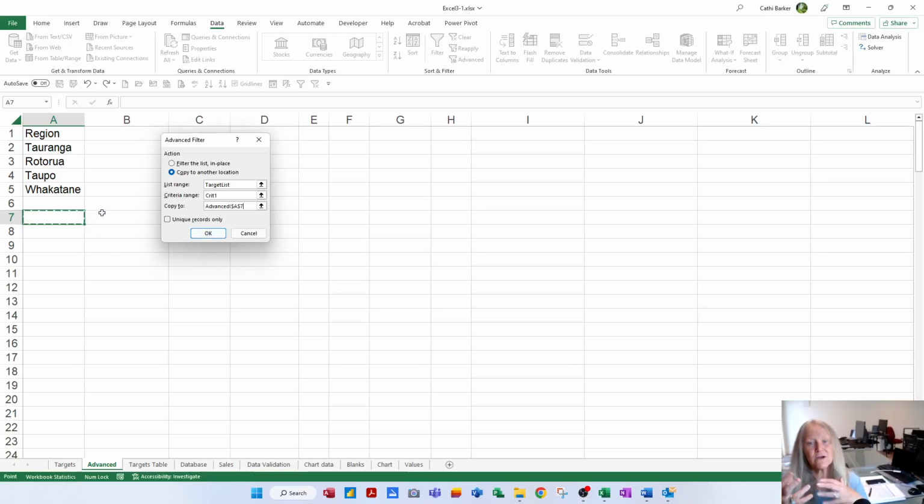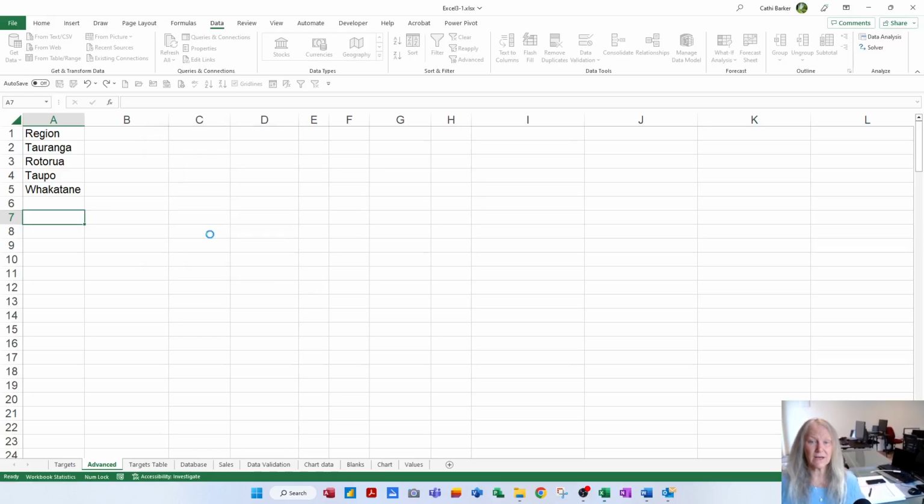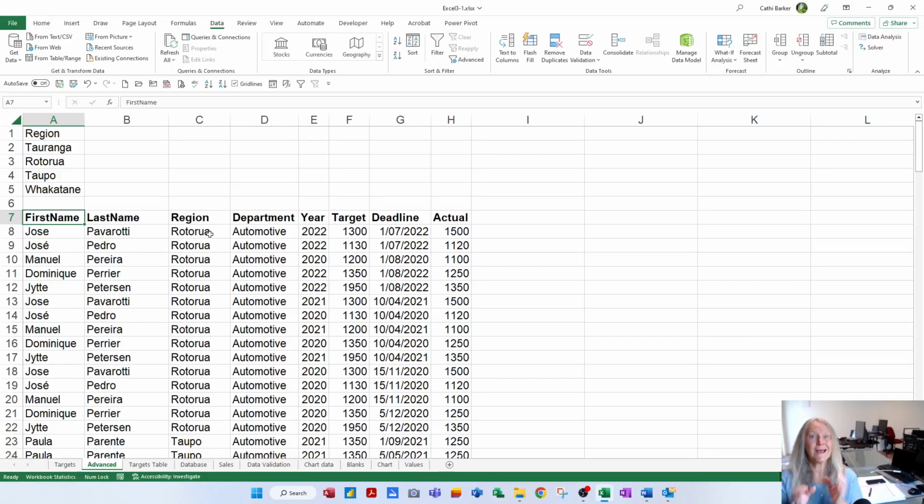It's best to drag over any legacy data and just clear it, just to be absolutely sure that what you're putting in is correct. So we want to copy to another location. Our list is called target list. Our criteria is called crit1, and we want to copy it to A7. Now, as soon as I go OK, that's the records at this point in time that come from those 4